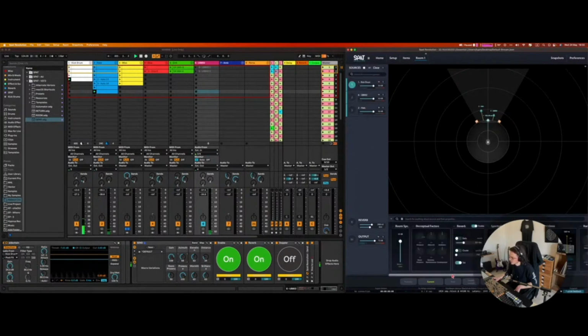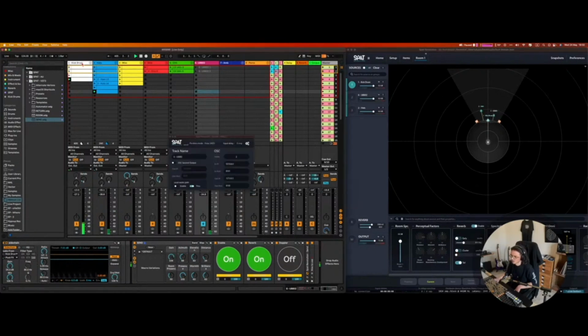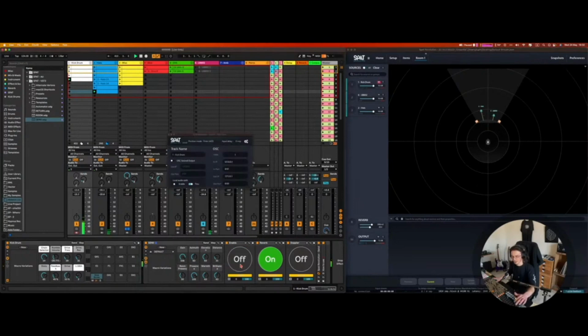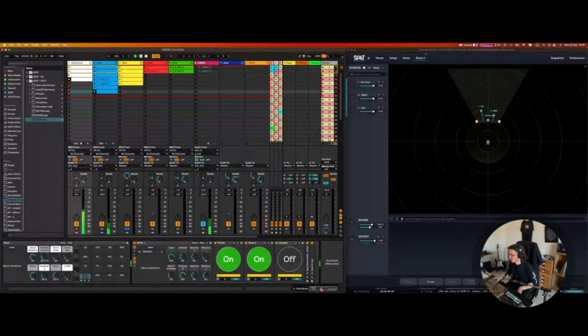So let's remove this again. Yeah, here like this. We can control everything like in the tutorial. We can mute the kick from here. Let's send a bit more volume. Okay. So next step, we can show again